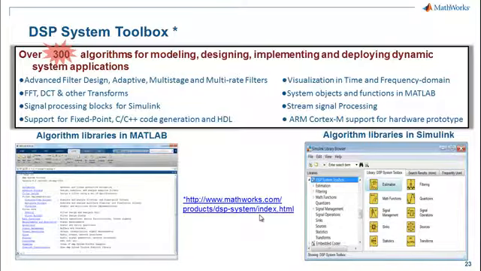Furthermore, it offers support for fixed point, and most of the algorithms, either system objects, support C and C++ code generation, and also offers support for ARM Cortex-M if you want to do PIL or hardware prototyping. Please visit the DSP System Toolbox product page to learn more about the product,